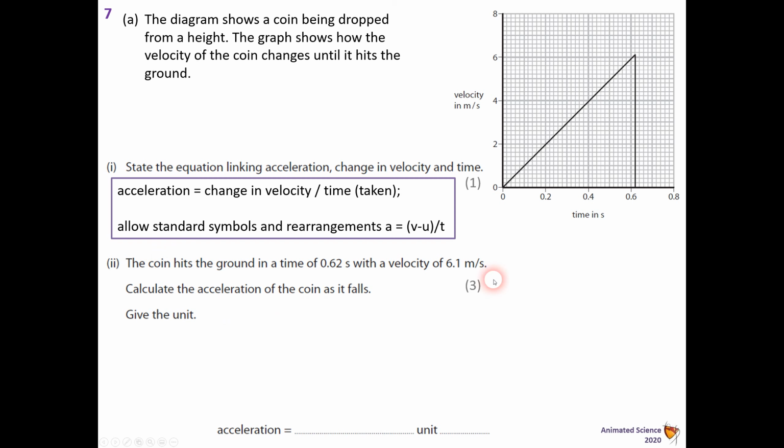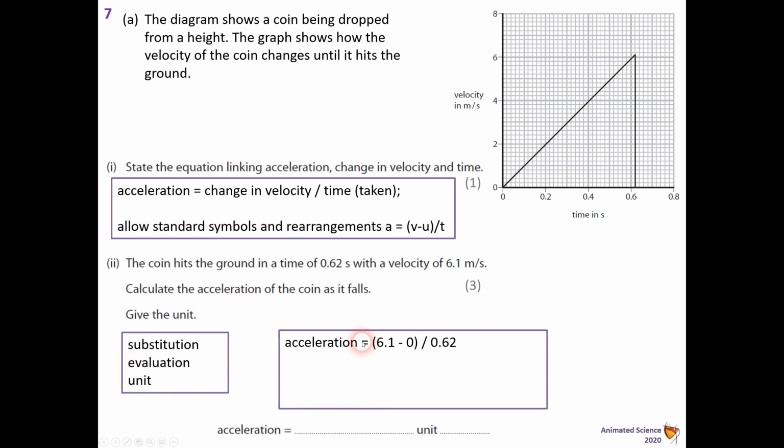I want you to calculate the acceleration of the coin as it falls and give a unit. So 3 marks, relatively straightforward, but some people struggle. Substitution, evaluation and a unit, that's what's required. So let's see, we've got acceleration is 6.1, take 0 because we started at 0. We divide it by the time, 0.62, gives me acceleration of 9.8. They would accept 10,